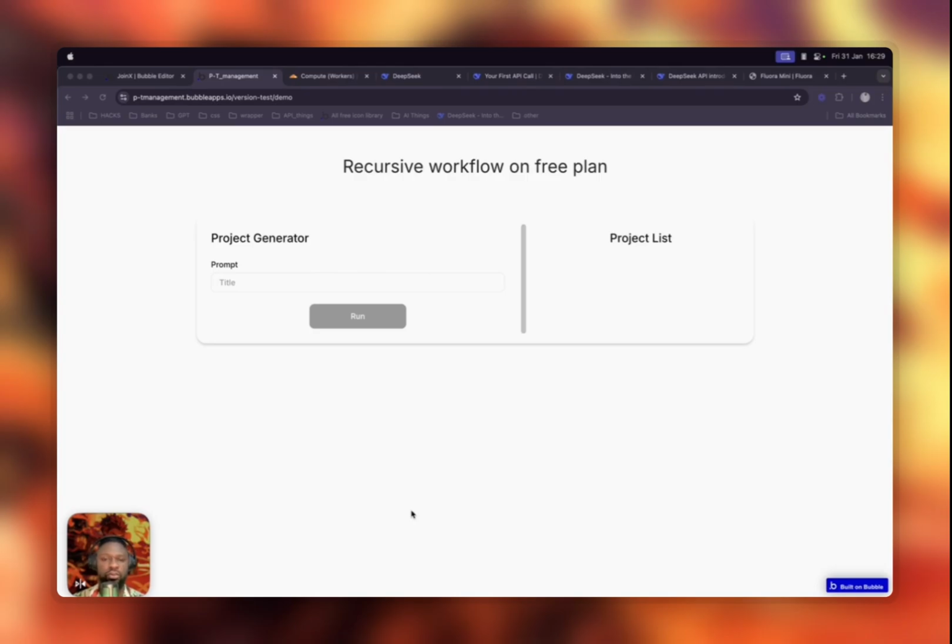So I want to talk about recursive workflow on Bubble free plan. This course is basically for beginners because when I started learning Bubble newly, I didn't have access to backend workflow because I couldn't subscribe. And even when we have opportunity to use the 2 weeks plan, we might use it to learn something else like webhook. So now, while building a demo app, you cannot test it because even if you run the webhook or do the recursive workflow at the back end, it stops to work after the